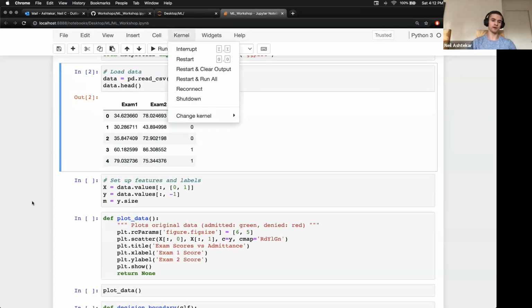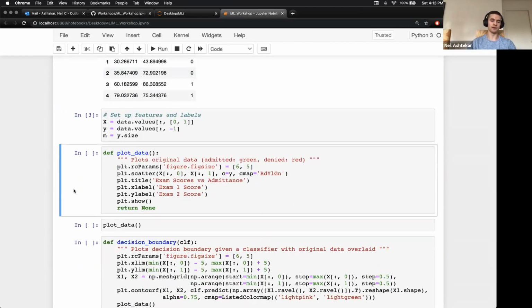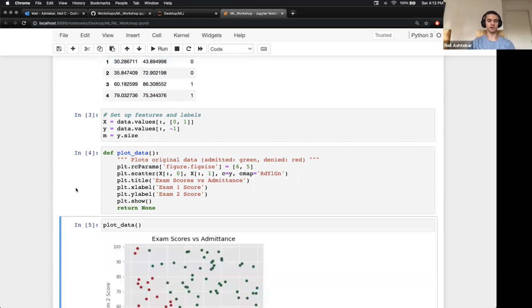All right, so next we're going to go to this next cell. This next cell basically sets up the data nicely so that we have the exam scores in a matrix called X and the admittance data in a vector called Y. And so we're going to run that. And then we're going to define this plot data function. And again, to run a cell, it's just command enter, or you can hit run up here. And so finally, we're going to call this plot data